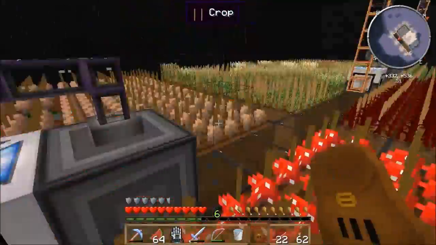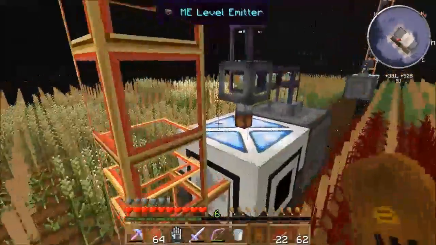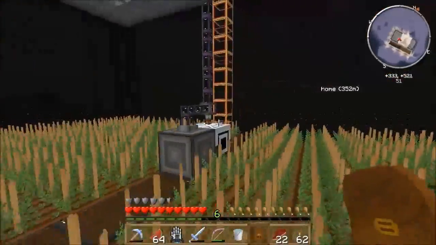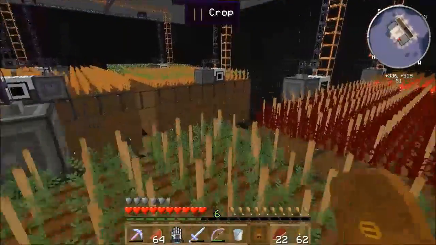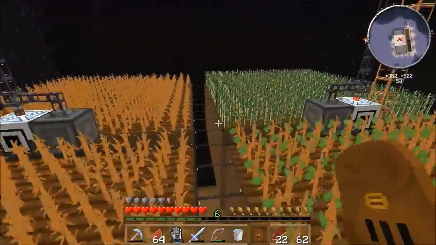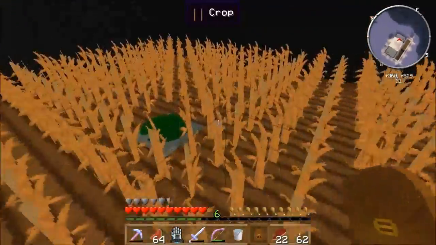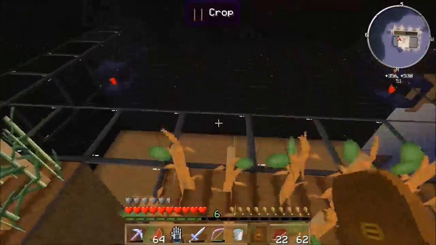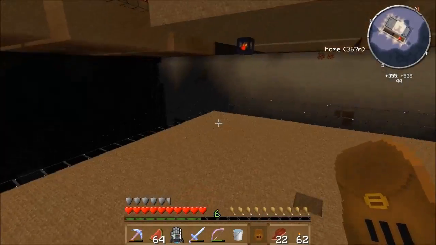So, as you can see, these are actually sat on the emitters. The wheat's not full yet, so that's still going. And the one that's least full, I believe, is the cocoa, which is these ones over here. So that's all good. And then what I've done down here, the next level down now, we've got this guy,